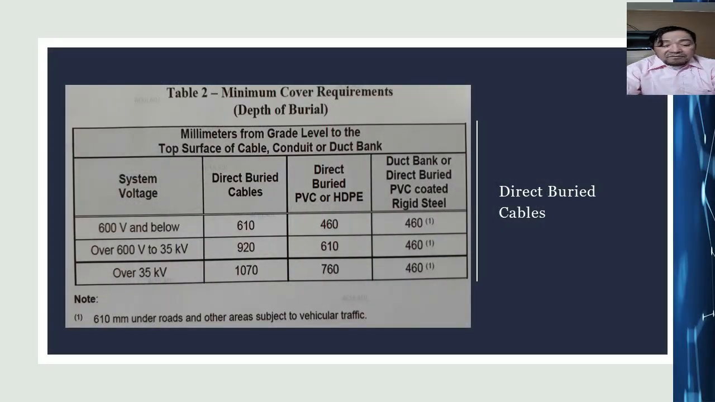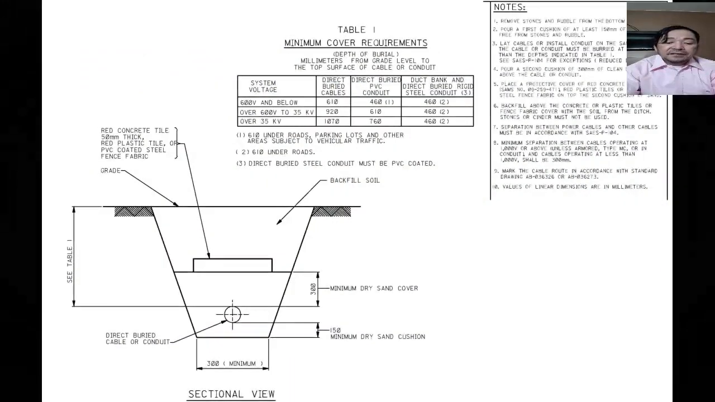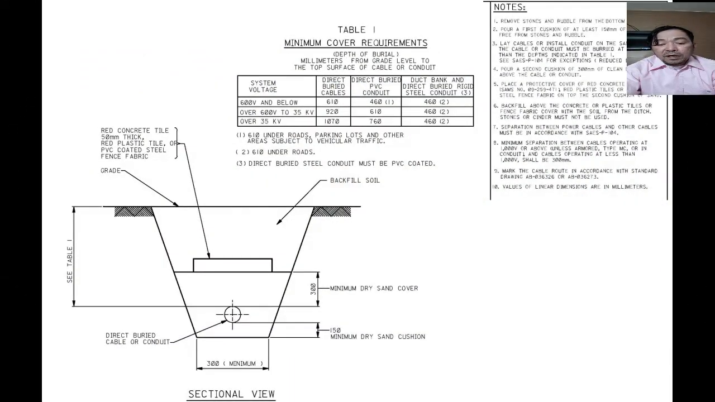We'll discuss the depth. The depth requirements for the cable trench can be found in Table 2, Minimum cover requirements for depth of burial. So, as per Table 2 of SAES-P-104, if you are about to install underground 600 volts and below, if you are going to